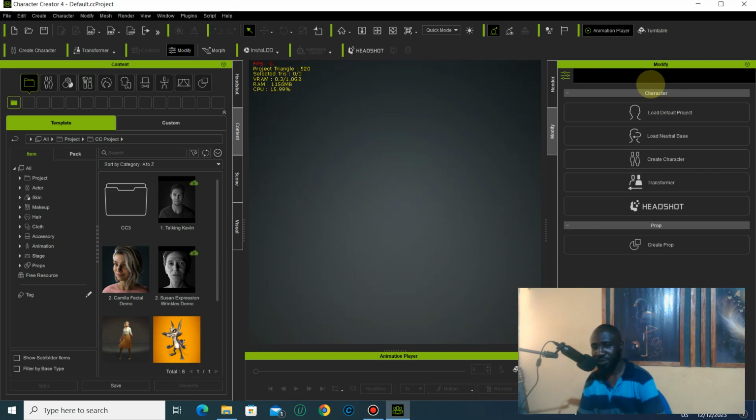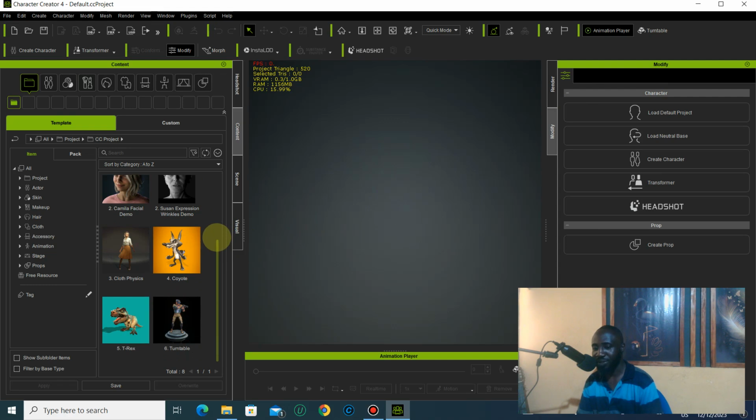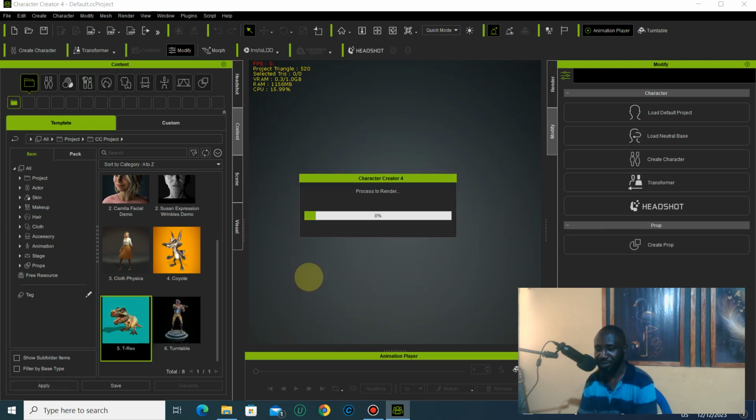Welcome to today's tutorial. We want to see how to send a CC4 character to CopperCube 6. For game development, let's use this T-Rex character. That is basic to CC4, Character Creator 4. We just want to find out how to export safely, get our textures ready, then maybe apply some simple animation to the character to see how it will